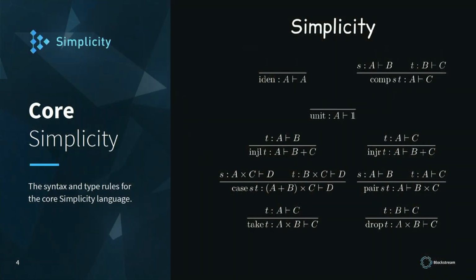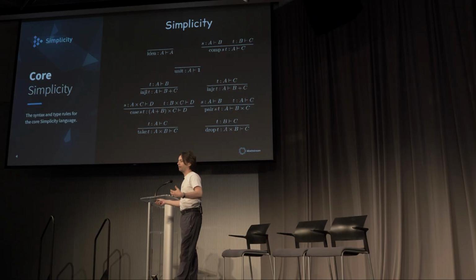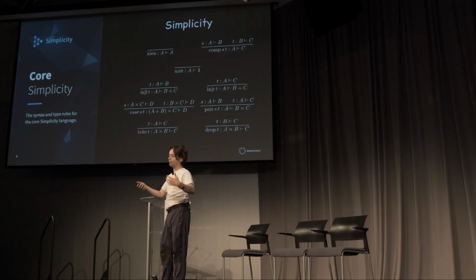So I only put this slide up here to make things concrete, right? This is the core computational part of the simplicity language. It's only 9 combinators. Every simplicity expression is a function, right, from some type formed out of disjoint union types and product types to, again, some type formed out of disjoint union types and product types. It's first order. There are no higher order functions, right? And this is very, very low level and very simple and very generic. And from these 9 combinators, you can basically produce any computable function at all.